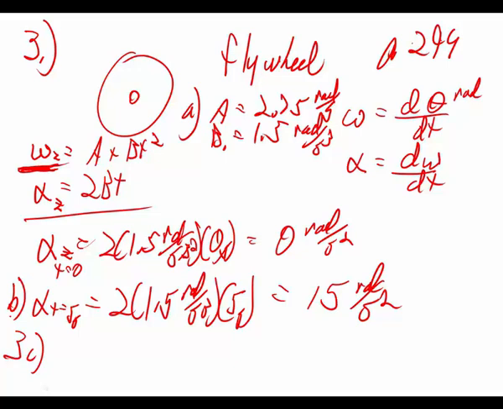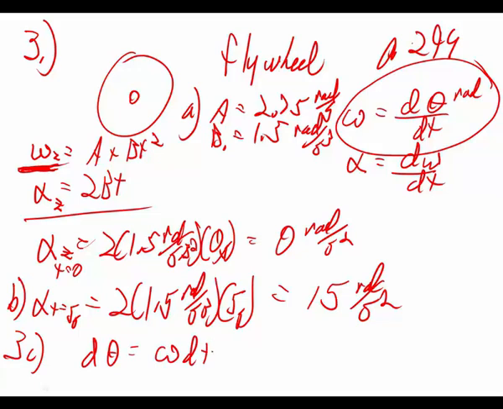We know that angular velocity is what? It's the derivative of the arc in radians with respect to time. So we want to find the arc in a given time interval. Let's rewrite our equation: d theta over dt is equal to omega. So d theta equals omega dt. Let's integrate it, and it becomes the change in theta is equal to the integral from 0 to 2